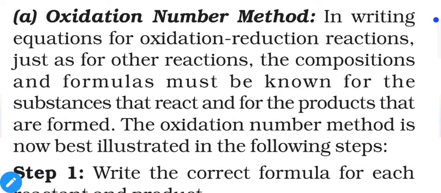Now, if reactants and products are normal, then we do not need to worry. But if they contain two different types of the same atom, as for example we have peroxide oxygen and normal oxygen. If oxygen is linked via a peroxide bond, then it will show a -1 oxidation state, and if it is normal, then it will show a -2 oxidation state. If both types of oxygen are present in the reaction, then we should know about them before starting the balancing of the reaction. Otherwise, complications will arise.